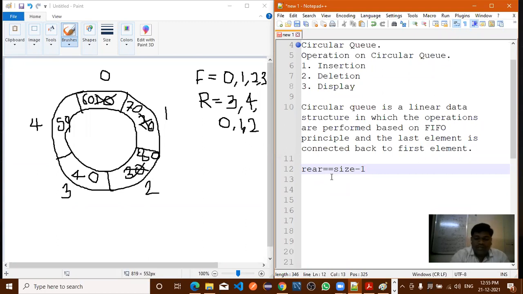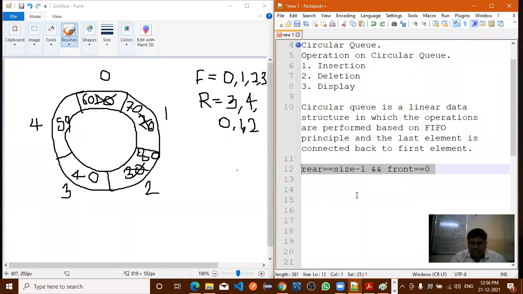And again here we need to use and. So and we are writing like this. Front is equal to 0. So if both these conditions are true, if both conditions are satisfied, so we are saying... Now here front equal to 0 also we require, right?